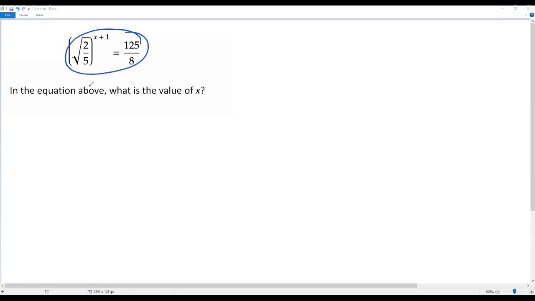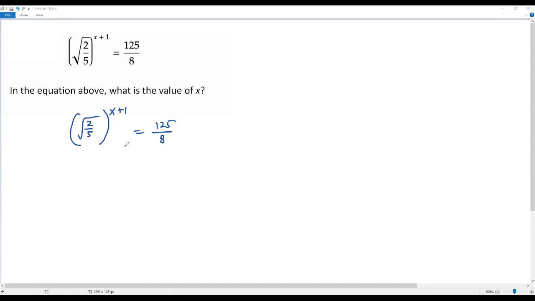Here we have an equation. In this equation, we have to find the value of x. Okay, let me take this equation as it is. That is, square root of 2 over 5 is raised to the power of x plus 1 equals 125 over 8. Okay, the idea to find the value of x in this equation is to get the same base